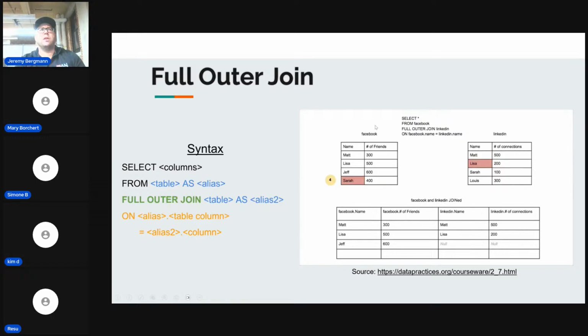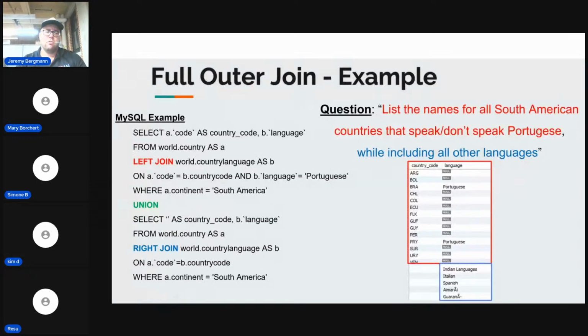So this is like putting all of the joins together now. And this one is in your MySQL code examples, a full outer join example here. Here's the question that we're asking. List the names for all South American countries that speak and don't speak English, while including all other languages that